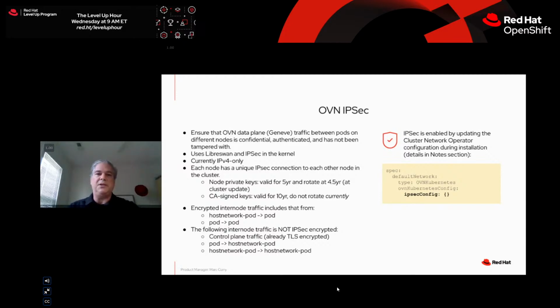This next generation enablement of IPsec is going to improve upon our 3.x implementation in several ways. For one, the specific type and level of encryption will be FIPS compliant. For another, it avoids IPsec between worker and control plane nodes, which already are using HTTPS to meet the requirements of FIPS. Third, while the initial 4.7 implementation encrypts all data plane traffic at the node level,